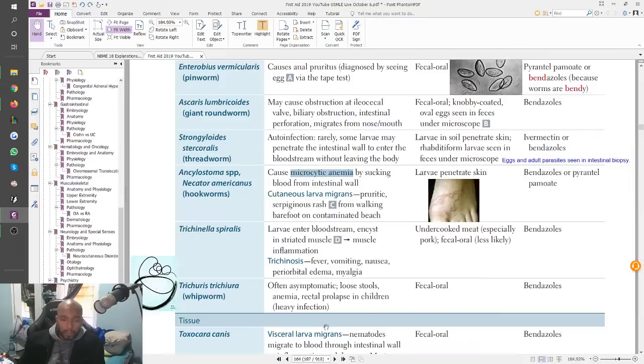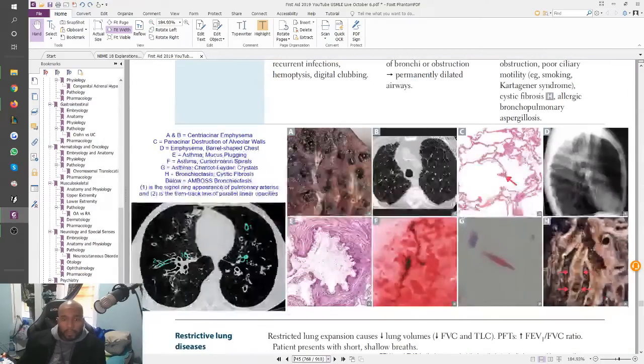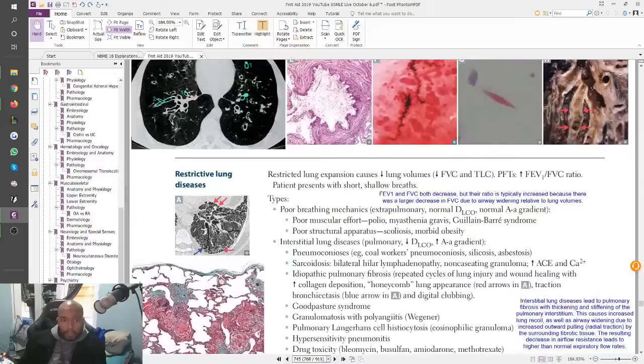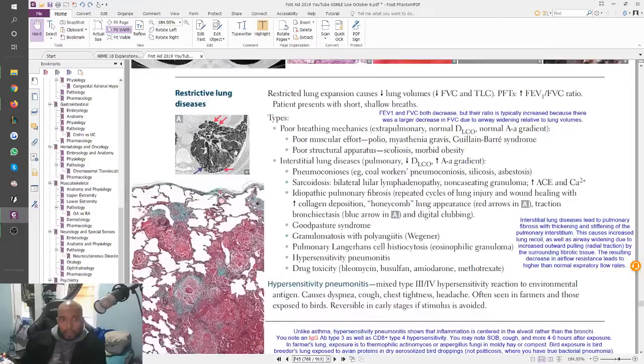So let's take a look at what that looks like. So honeycomb lung appearance is basically like this one right here. Okay, honeycomb lung appearance, and then the traction bronchiectasis they're talking about is the stuff at the end, the blue arrow right here. Not something crazy, right? Really easy to understand. So right here, idiopathic pulmonary fibrosis. Right? You would also see clubbing because of hypoxia.